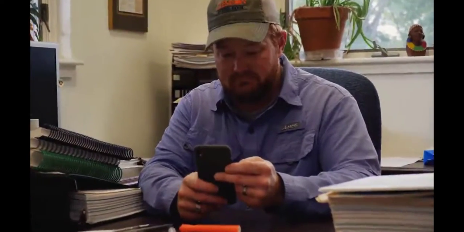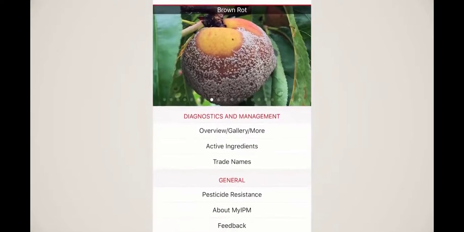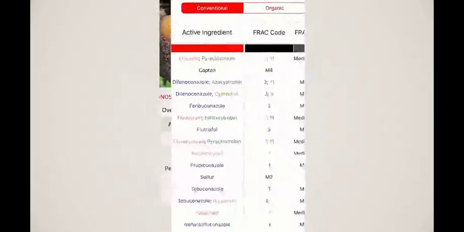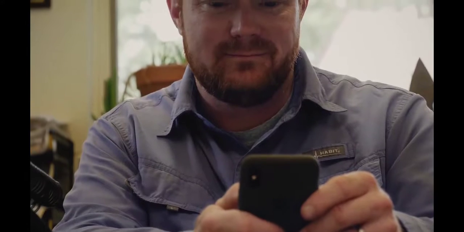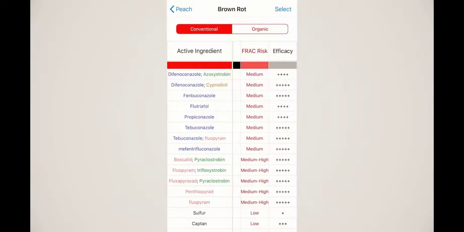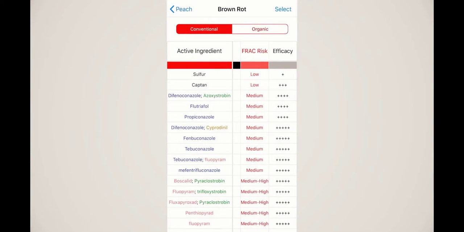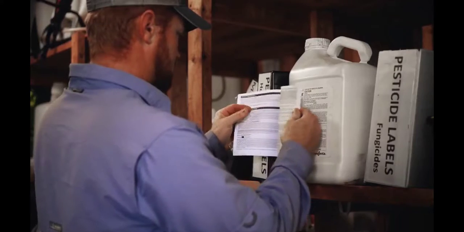Fungicide resistance can be an annoying problem. But don't worry, Jeff. My IPM has you covered. See the section on active ingredients? Yes, right there. Jeff can now sort chemicals by groups and generate a plan to rotate or mix them for best performance. Information about resistance risk for each product will remind Jeff to be careful and follow strict resistance management